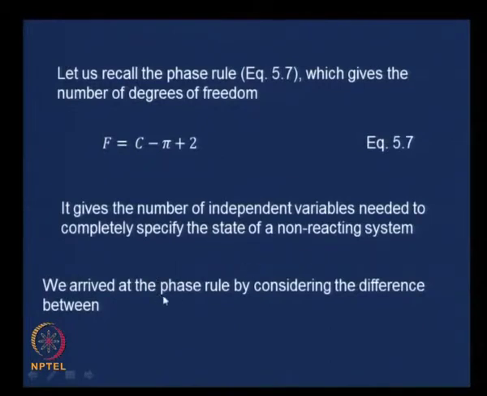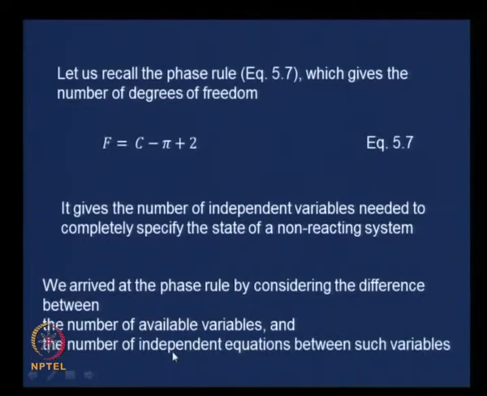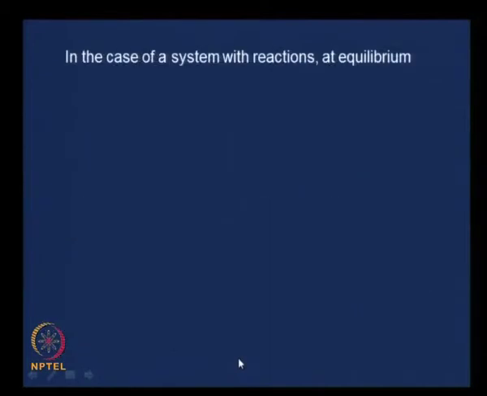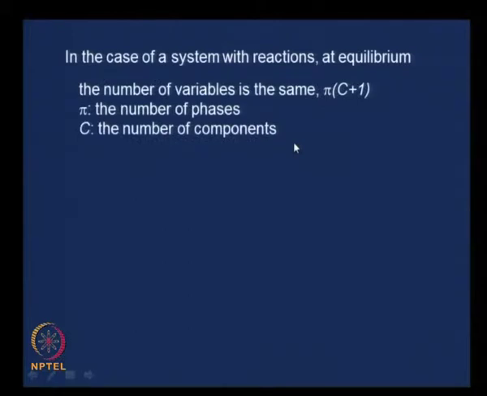Let us recall that we arrived at the phase rule by considering the difference between the number of available variables and the number of independent equations between such variables. In the case of a system with reactions at equilibrium, the number of variables is the same, pi into c plus 1. There are no additional variables, where, as mentioned earlier, pi is the number of phases and c is the number of components,